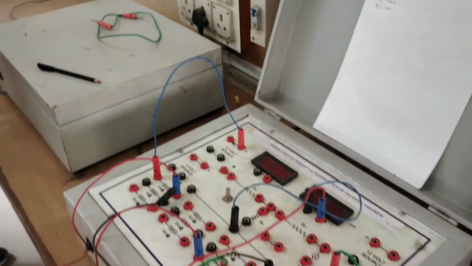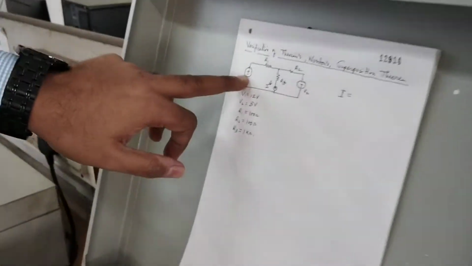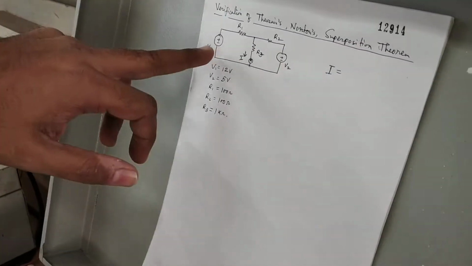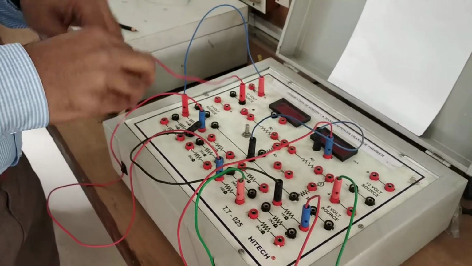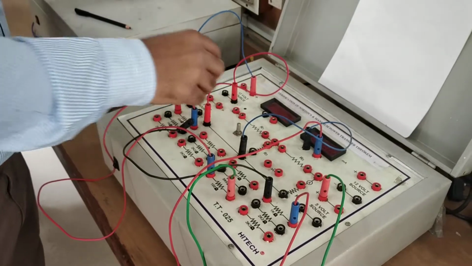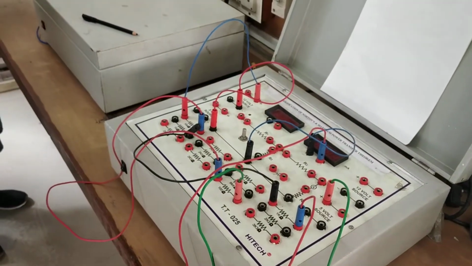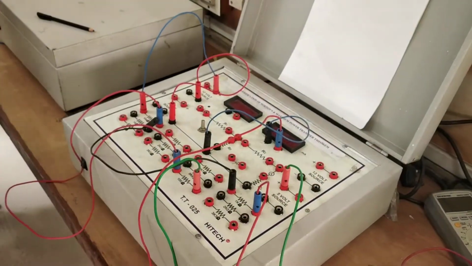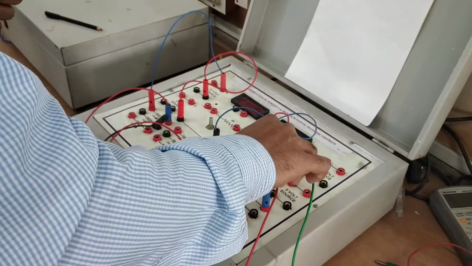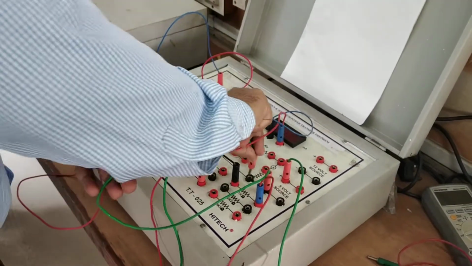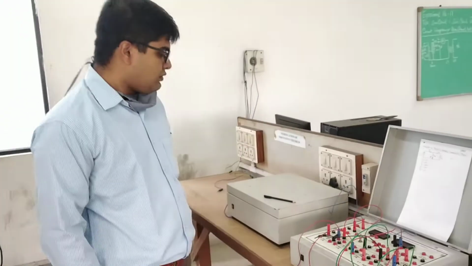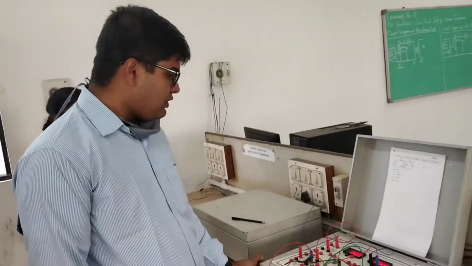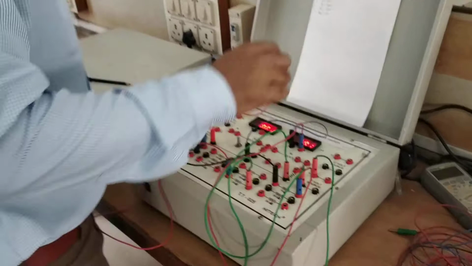And lastly, you need to connect the negative end of the source to the ground for V1 and V2. So we would connect 12 volt negative or ground line to this, and we would connect 5 volt negative end terminal to this ground connection. So this is it. If you switch it on now, you should get the total amount of current flowing.